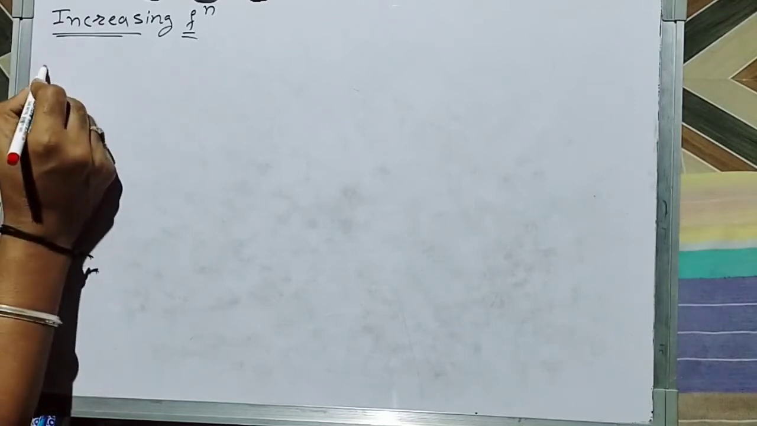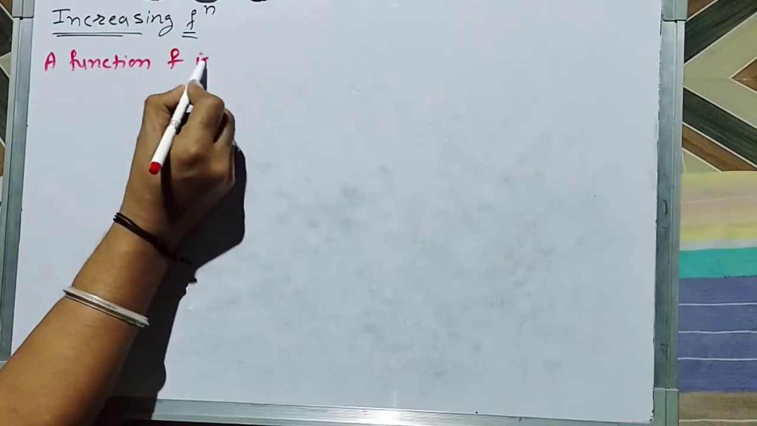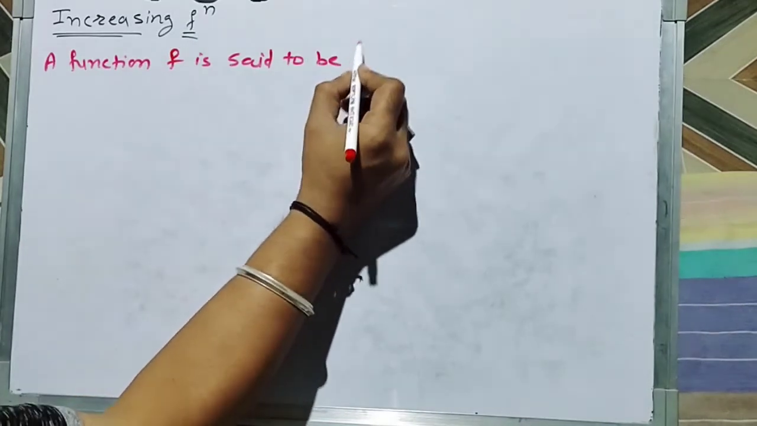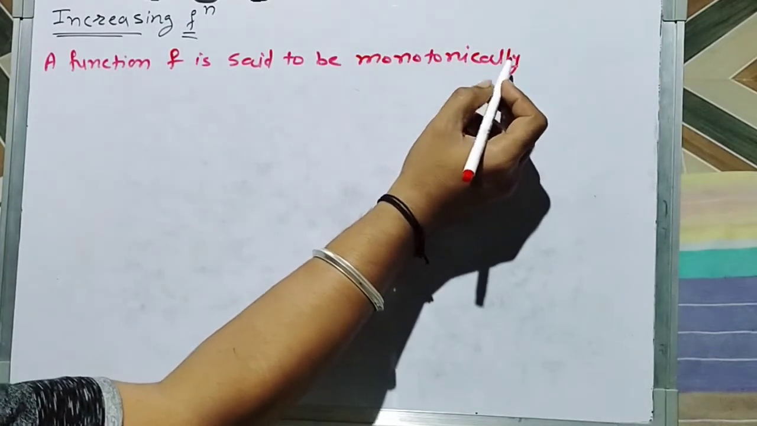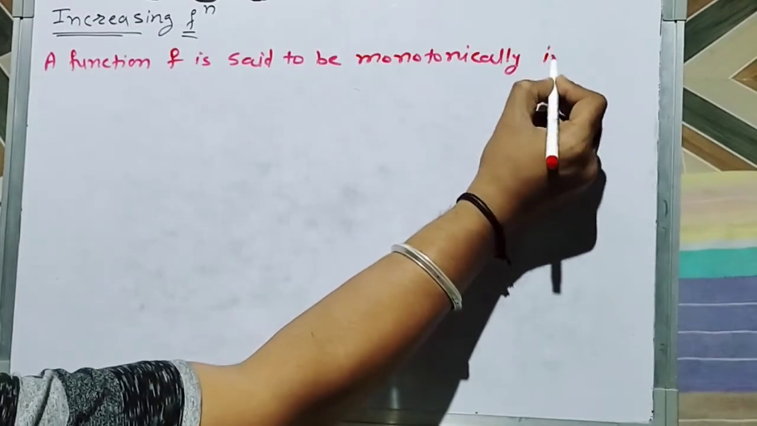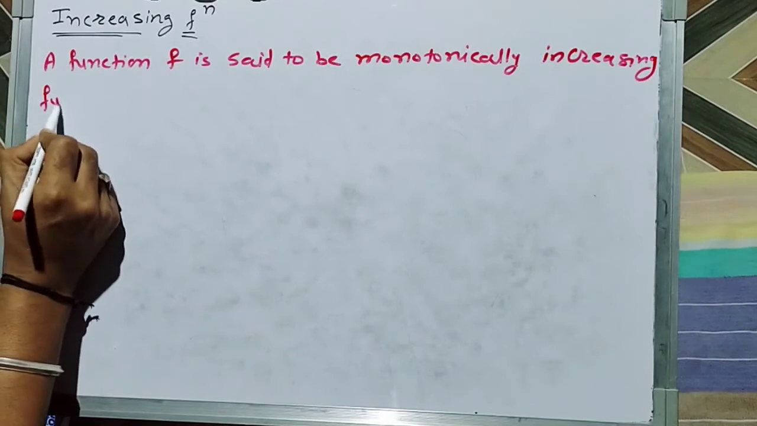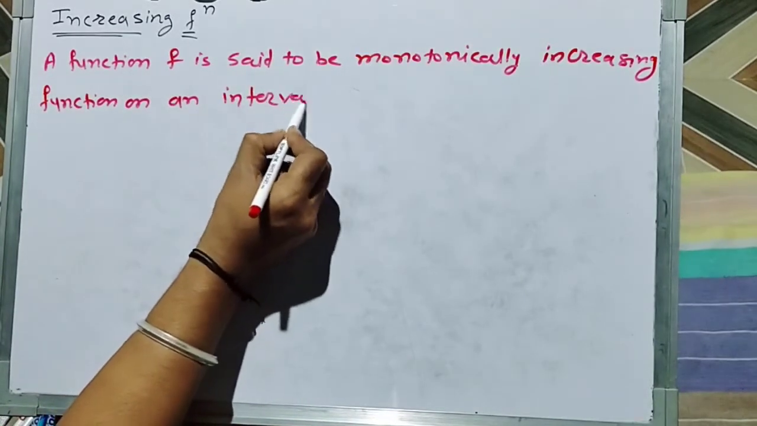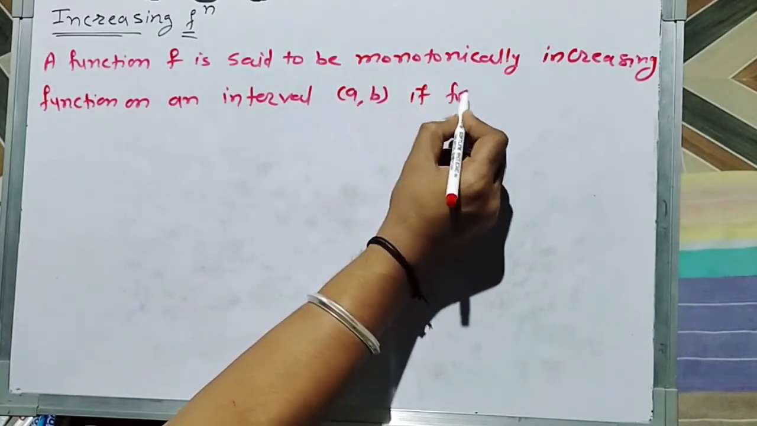So here, for increasing function, a function f is said to be monotonically or strictly increasing function on an interval AB if for any